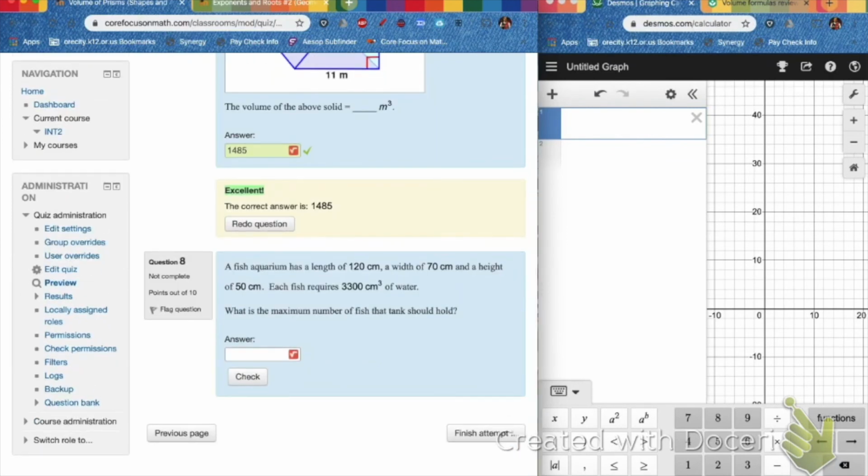All right, finally, this problem's a little fishy on number 8. Get it? Fish. It has to do with fish. All right, a fish aquarium has a length of 120 centimeters, a width of 70 centimeters, and a height of 50 centimeters. Each